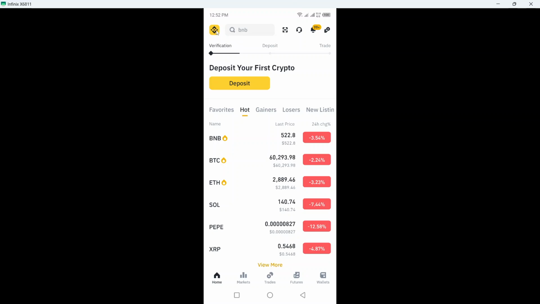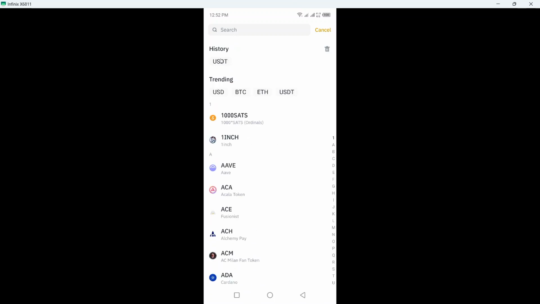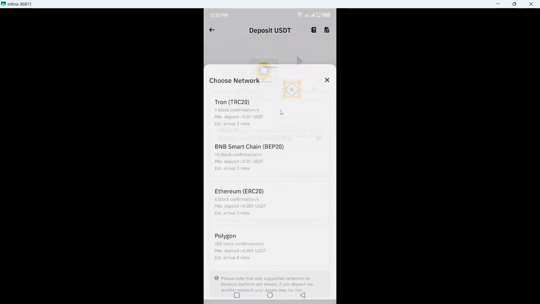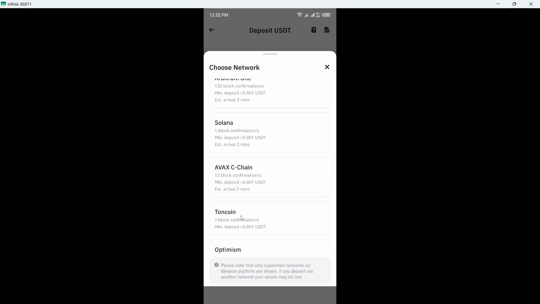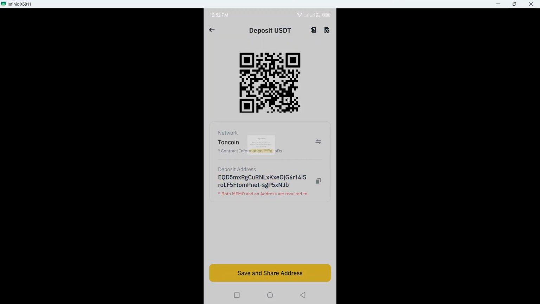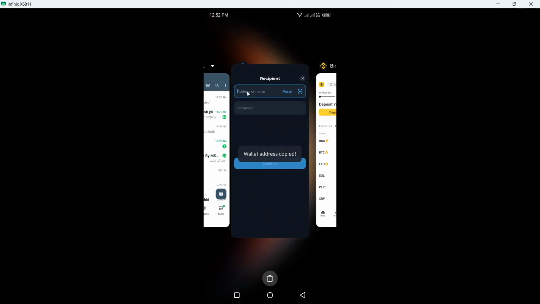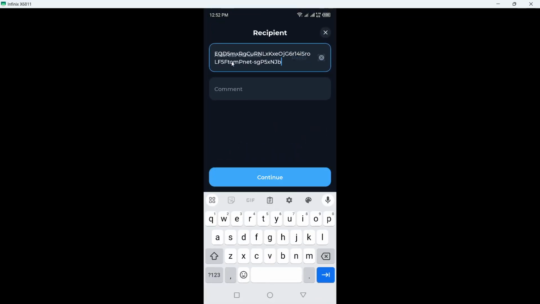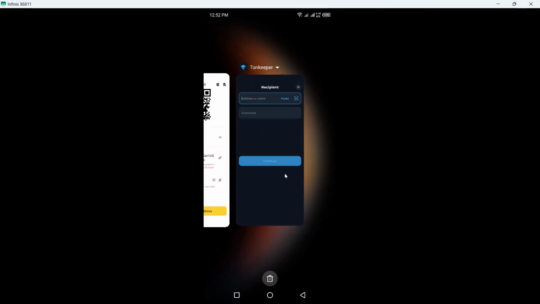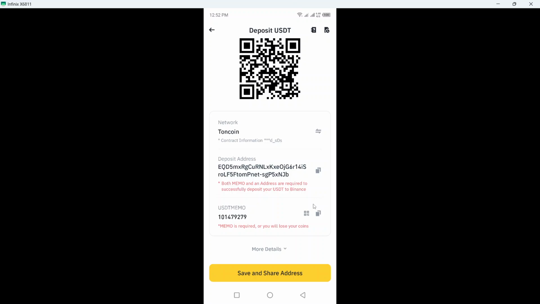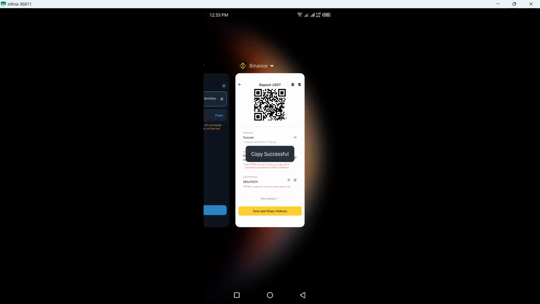So you simply need to click here on the top, click on deposit and select the USDT. Okay, and here you need to select the Toncoin. Okay, here you can see deposit address, copy that, add address here, and in the required comment you need to copy that,